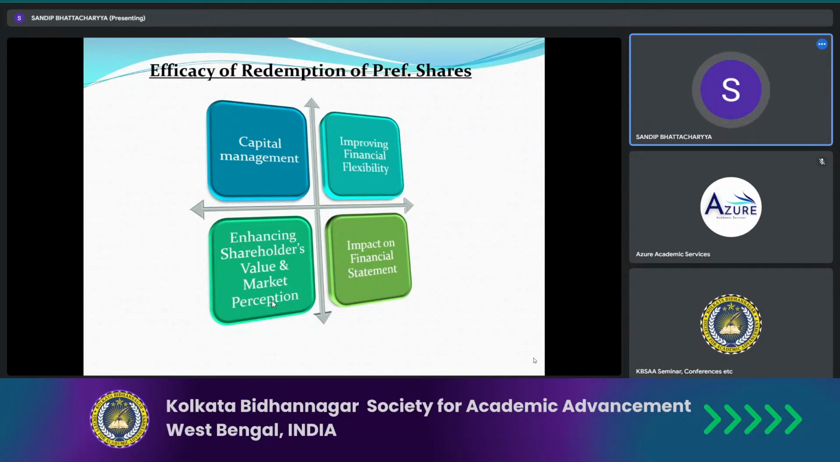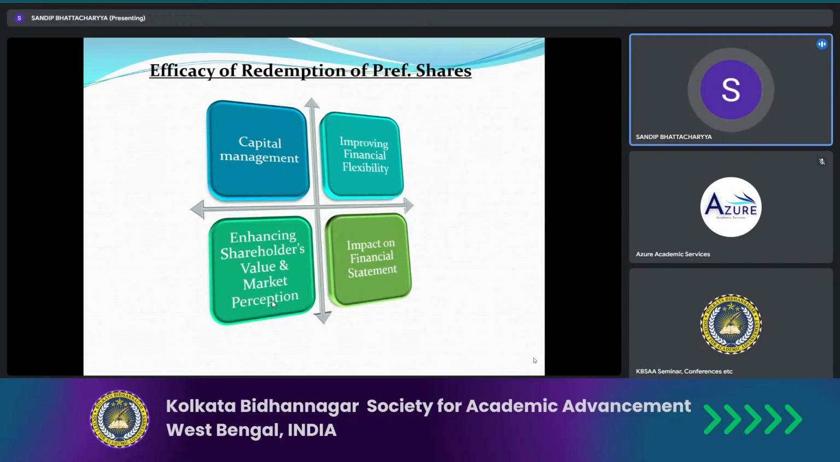At the time of the redemption process, the company must have a sufficient amount of funds, that is, a sufficient amount of profit, that means a sufficient amount of accumulated reserve, to redeem these preference shares, as stipulated by the company and the relevant regulations and provisions. So if we are talking about capital management and the improving of flexibility,